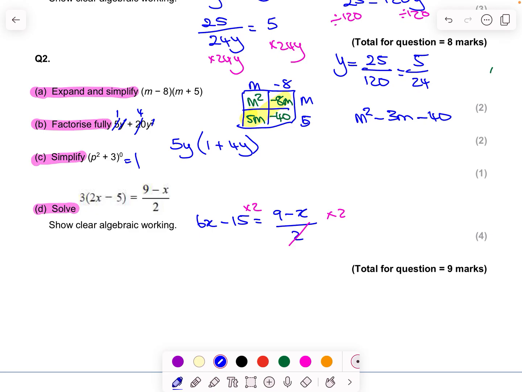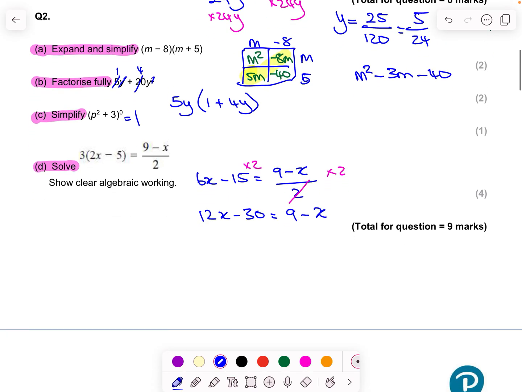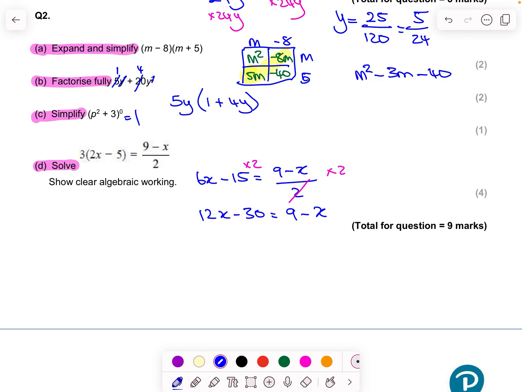And I end up with 12x minus 30 equals 9 minus x. Then I think I'm going to put all the x's onto this side. So I'm going to plus x on both sides to get rid of the minus x here. And I get 13x